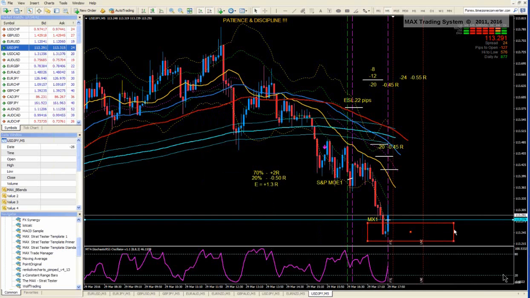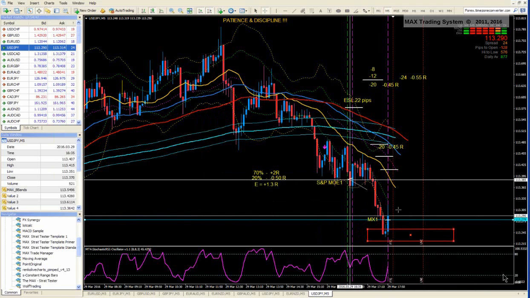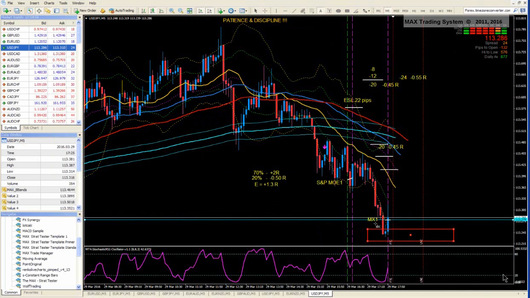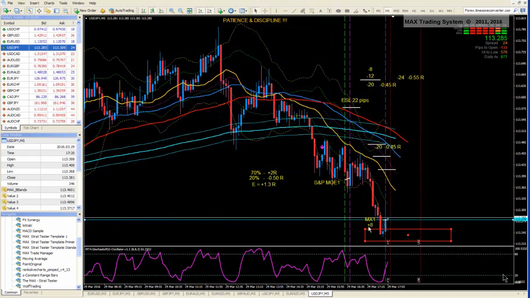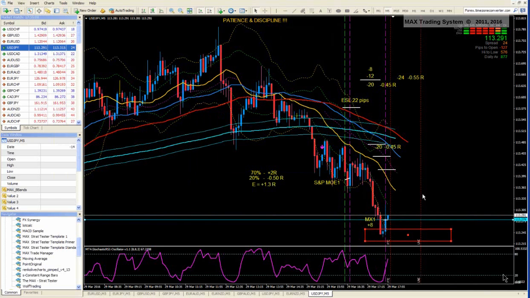Okay? So here an MX produces a result of around, you see, 10 pips minus the spread, so 11 pips minus the spread, let's say 8 pips profit, so MX1 plus 8 pips. So that is the expected profit, or the minimum expected profit, to make the exit here. And you can see that the movement invalidation area here is at break even now. So even with a pair not having moved a lot, a profit is still possible.